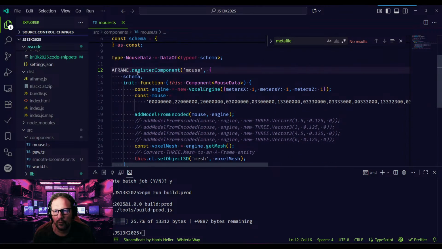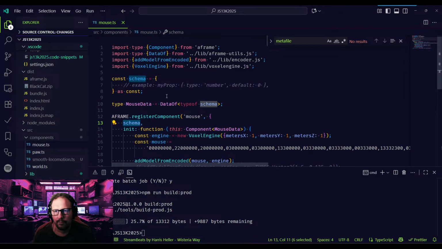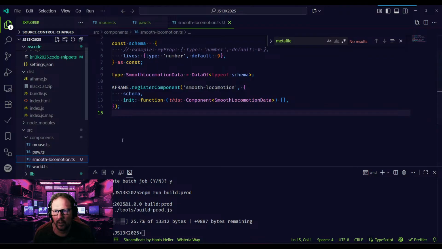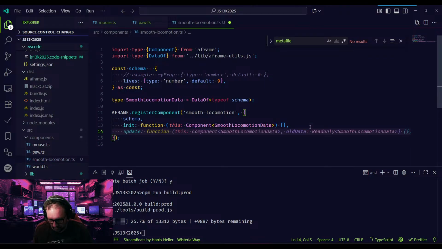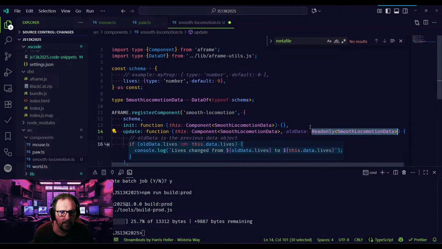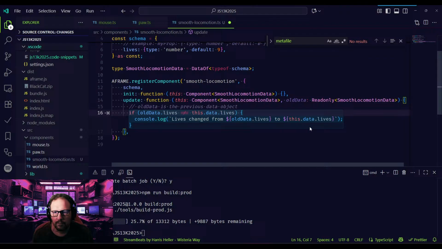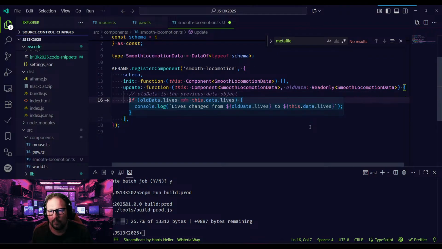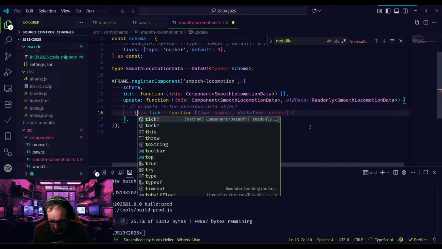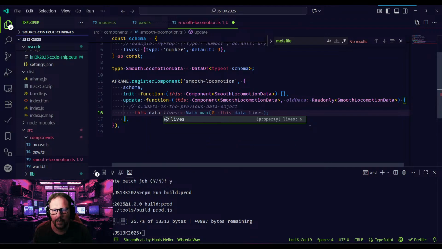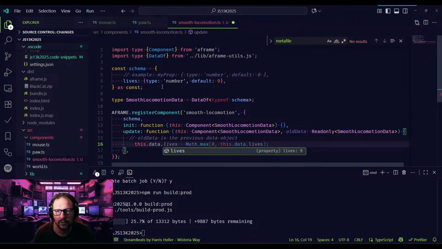but not enough. For example, the schema. I don't think I have any schema set up yet. Oh, here I was testing some things out. So here I have lives. So now when I add an update, oh, I don't want that. I can do this.data, and now I have lives, and that's because I set the schema up like this, and